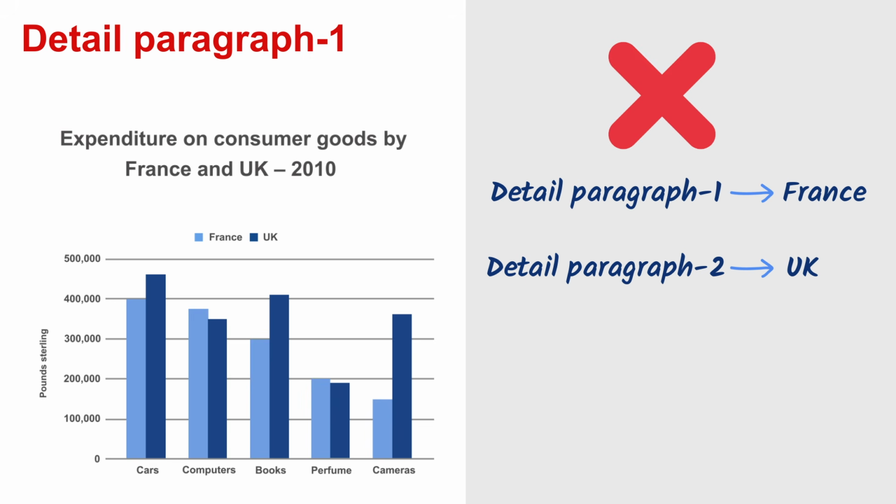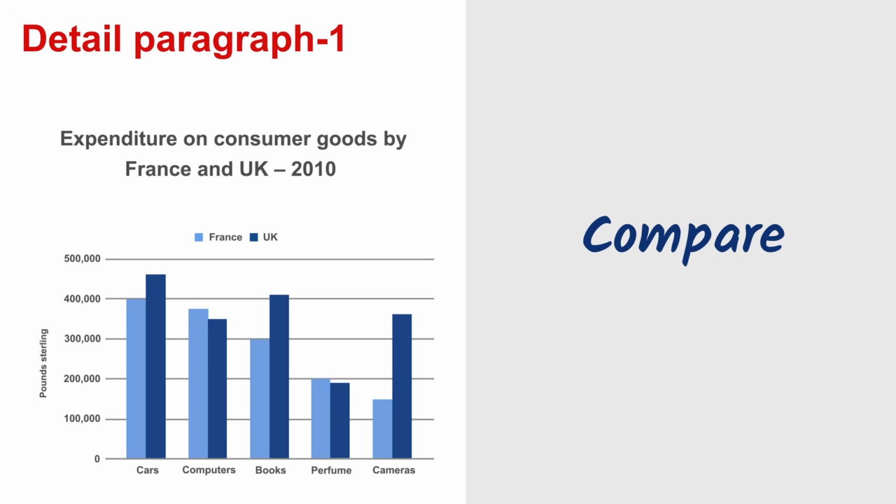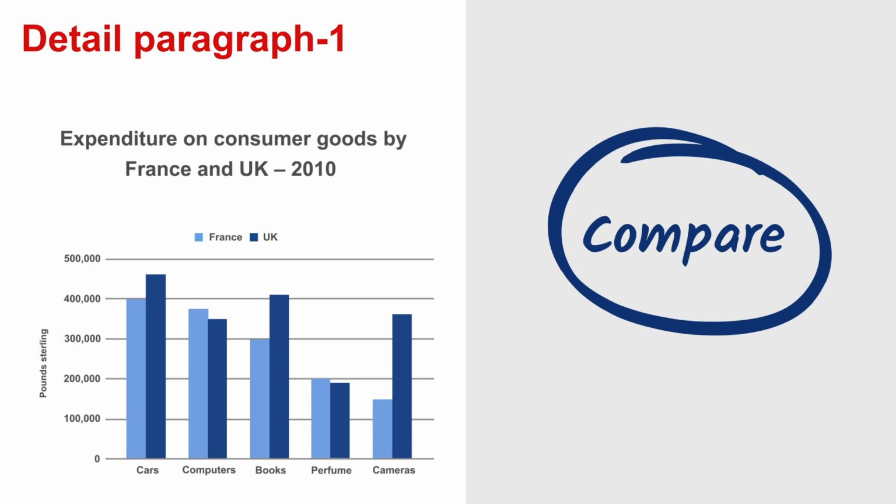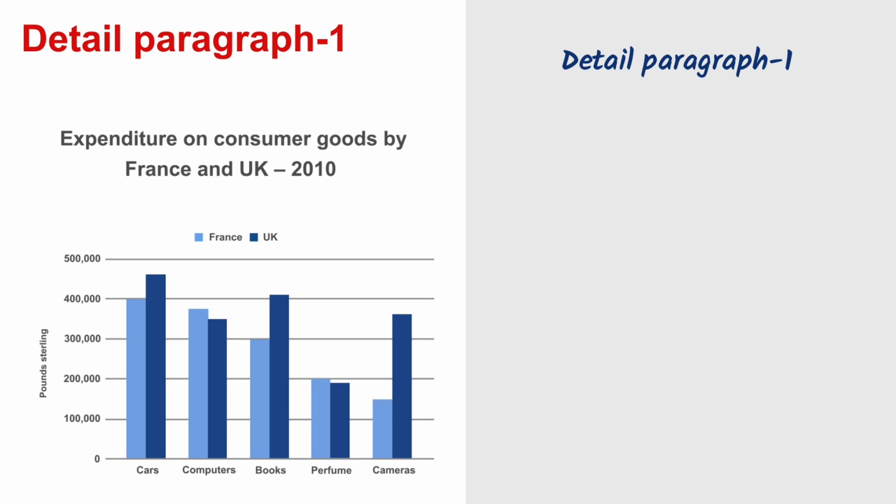But this is not a good way to categorize data, because you have to compare. And by comparing, you have to compare both countries. So if you write one paragraph only about France, there is no chance for you to compare both countries. Okay? So what we do here is in our third paragraph, we write about cars and computers, actually about the